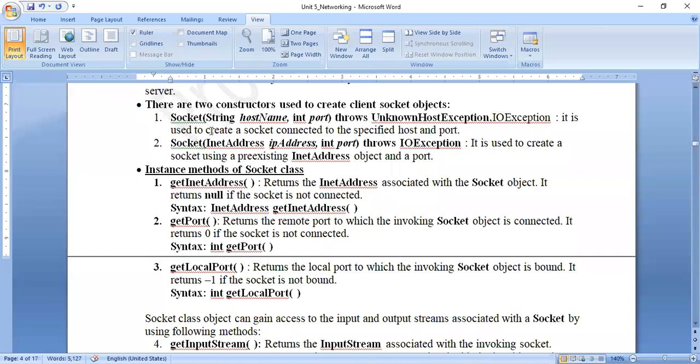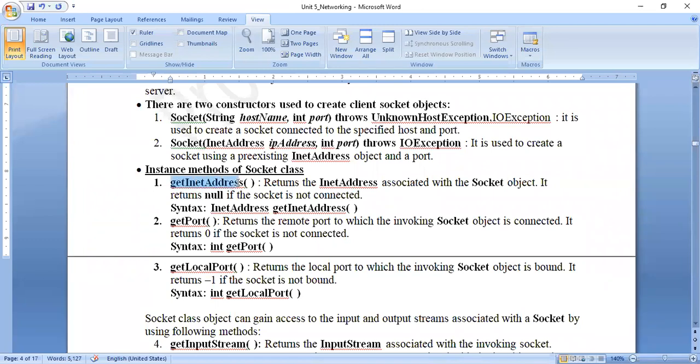When the socket gets connected, the server to which it is connected will be associated with an IP address, and also with a host name. That combination, the bundle of IP address and host name together, is called the InetAddress object. Suppose the socket is created, but you don't know which server it has connected to, and you want to verify whether it has connected to the proper website or server.